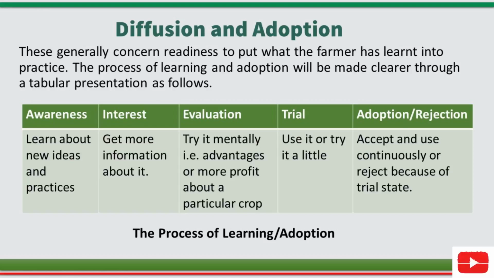Now, the trial stage is usually when you use such practice, or try it a little. Then after you've tried it, it may please you, it may not please you. So it introduces us to the next stage, which is adoption or rejection. At this point, you either accept and use continuously the innovation being introduced to you, or you reject